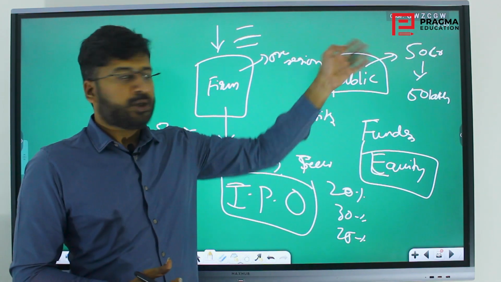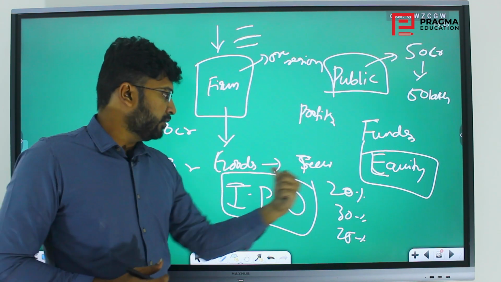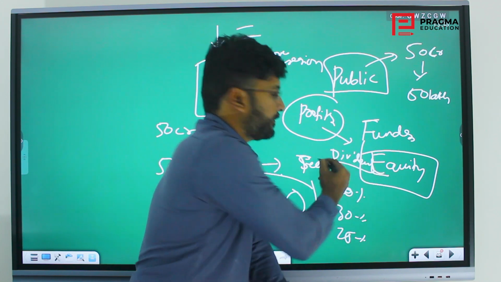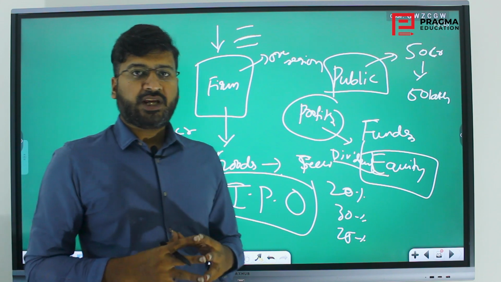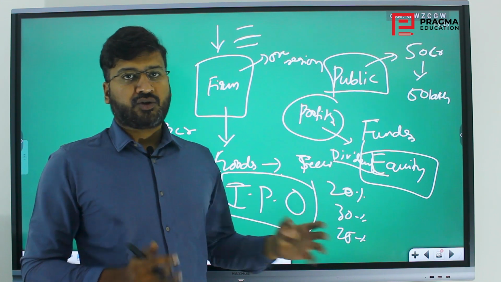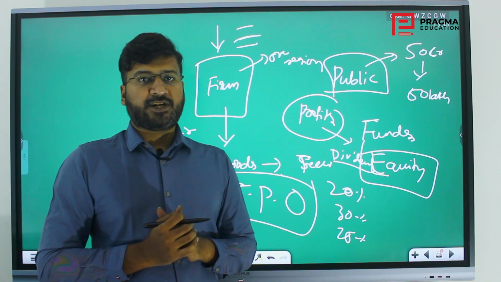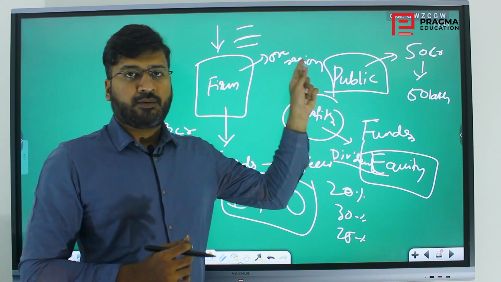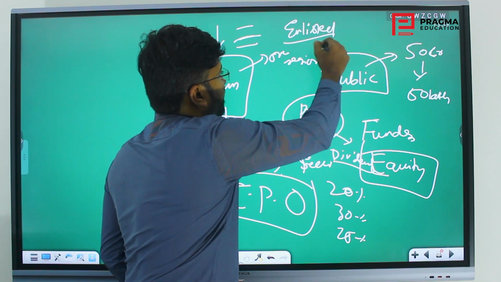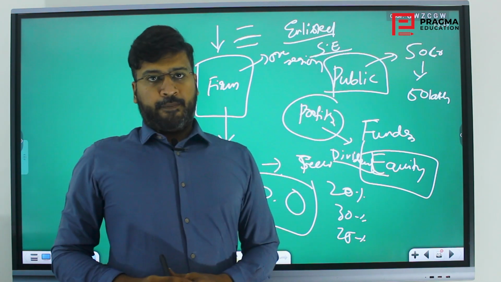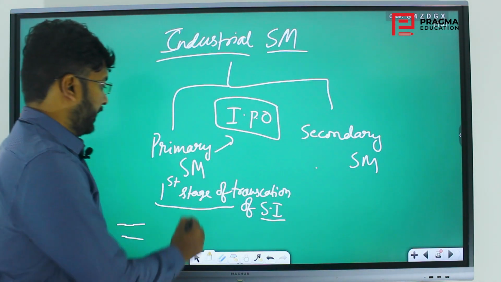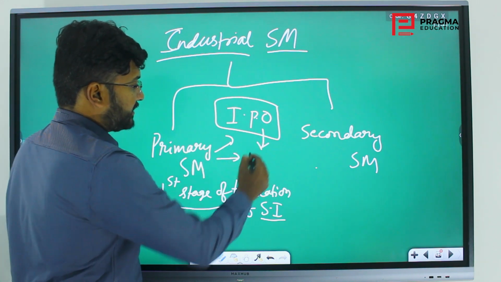So you get funds from the people, you use it in your business, again make profits, and you will give them dividends. So what is the profit on an equity or a share? It is the dividend that I will be ready to give back to the public. So I will raise capital from the public, and use it in my company. That is what going public means. Then it will be enlisted in the stock exchange of our country. This is the example we have taken to understand what the primary securities market is, that is IPO.